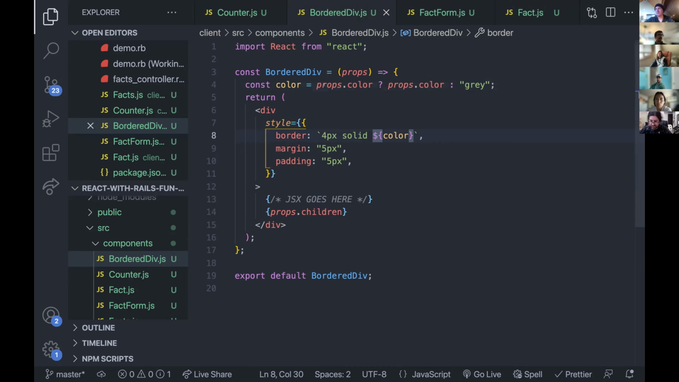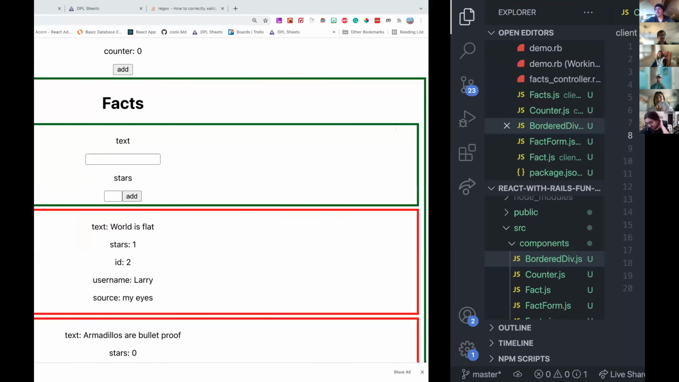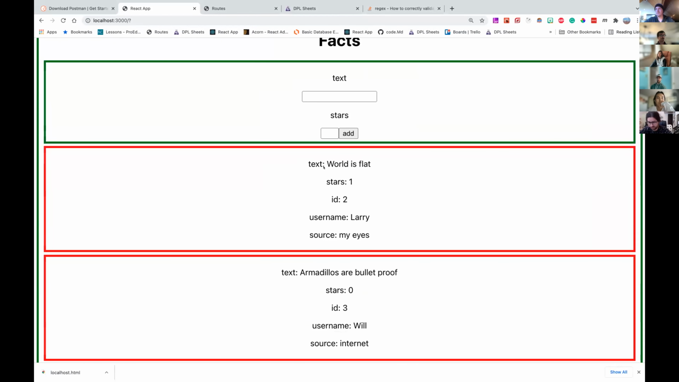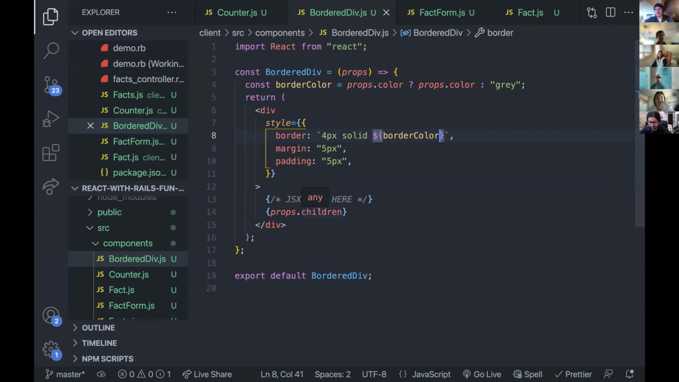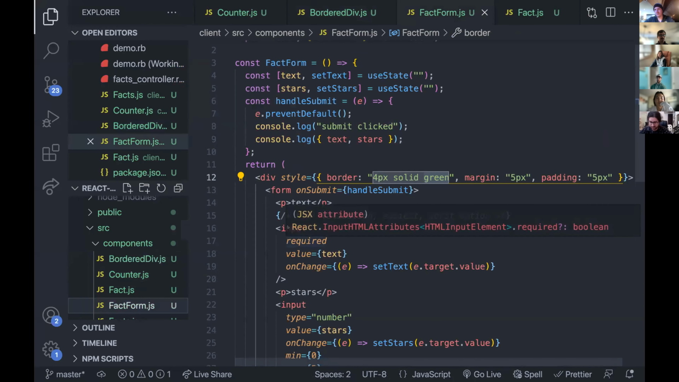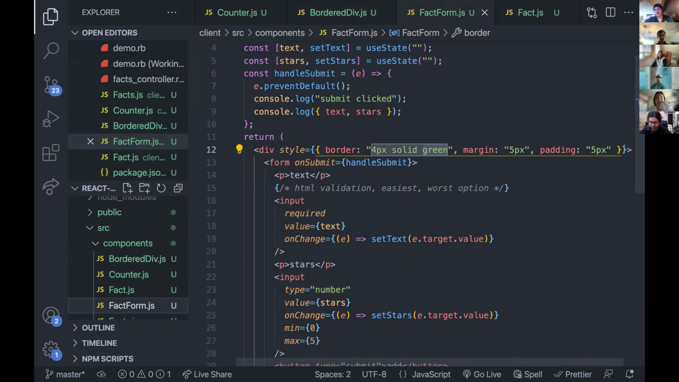Are these ternaries starting to make a little more sense? If someone gives me the color prop, use that. If I don't, use gray. Let's store that into a variable called color. Or maybe for more clarity, I could say border color. And now those are red. So now my fact form, now instead of doing all of this,